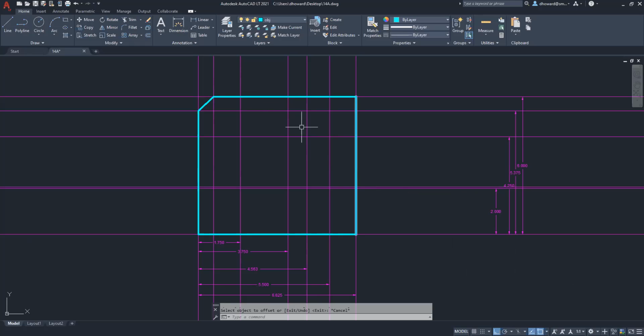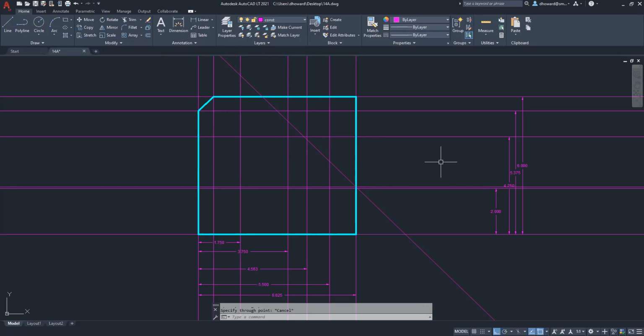We do not have a dimension to its exit on the top. So I actually need to draw that angled line. To do that, I'm going to go into my construction layer. I'm going to say X, L, enter, A, enter. And rather than be 45, I'm going to say -45 because I want it to point down. And there it is. So again, the angle on that line for the construction line is